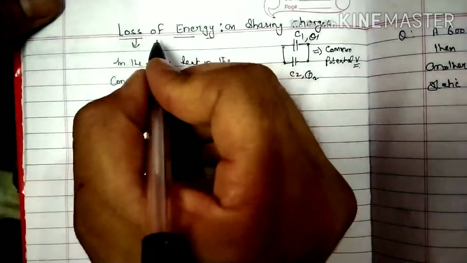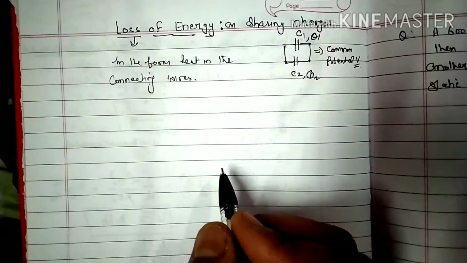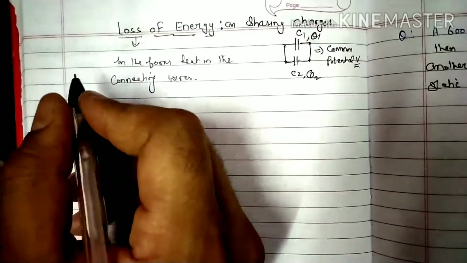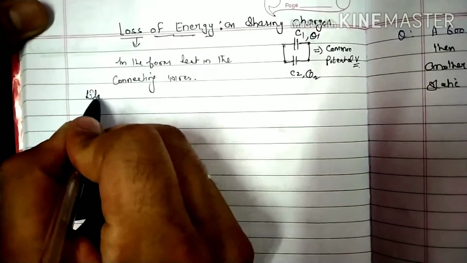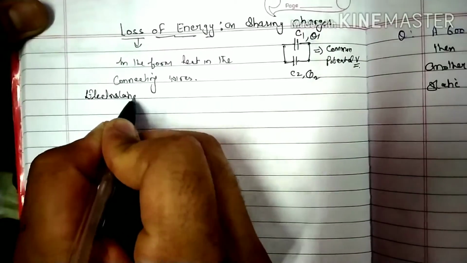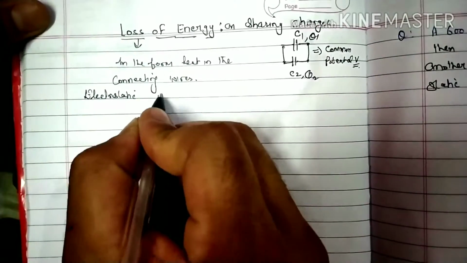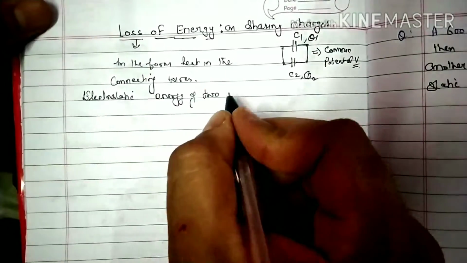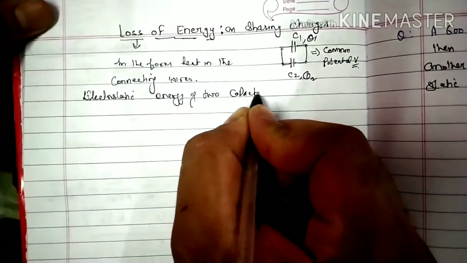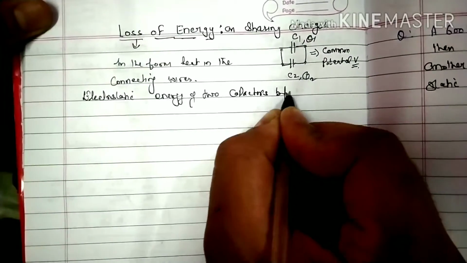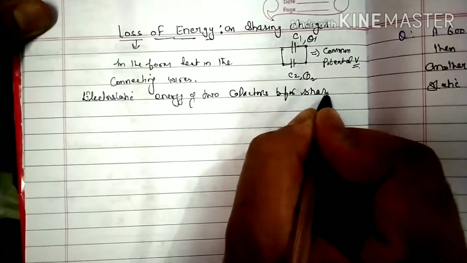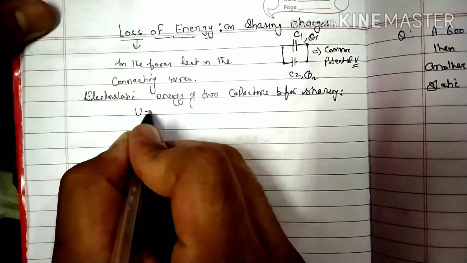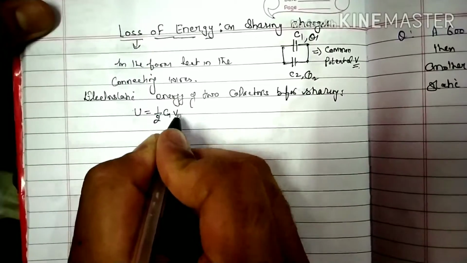So now we are going to calculate loss of energy. So here we will use the concept of energy and the formula of energy. Electrostatic energy of two capacitors before sharing, when they are not connected with the wires, then energy U is equal to half C1 V1 square